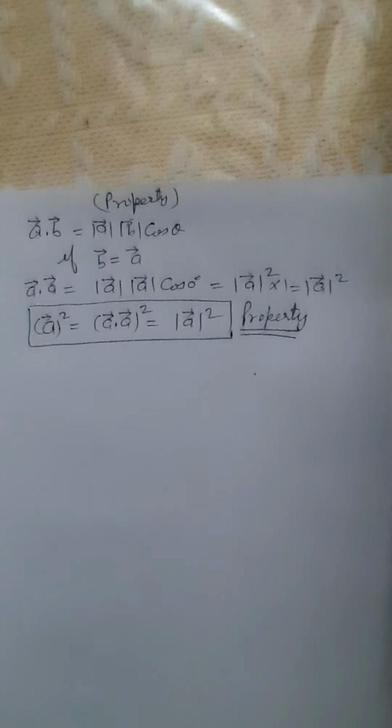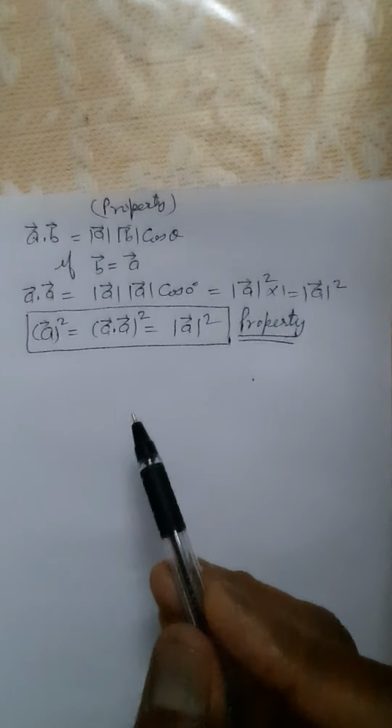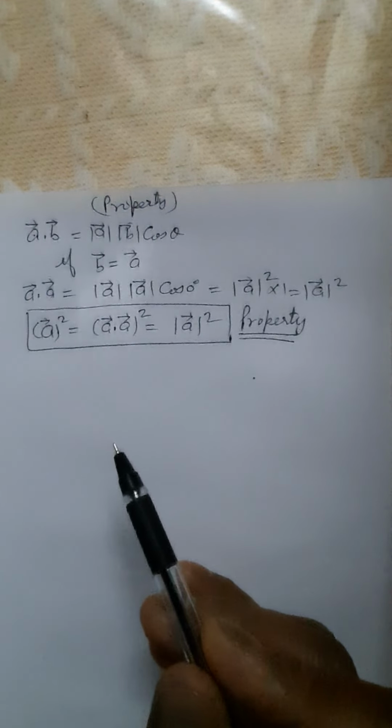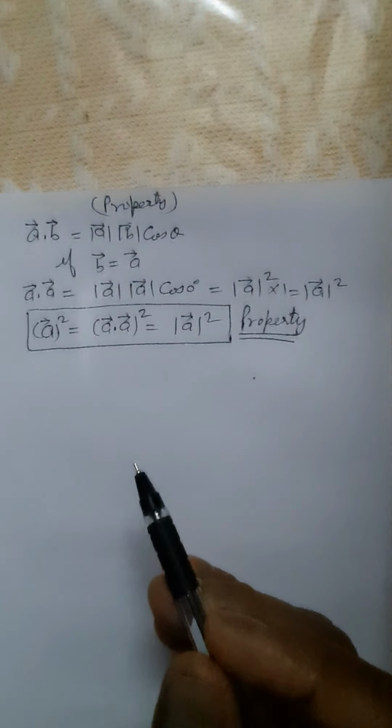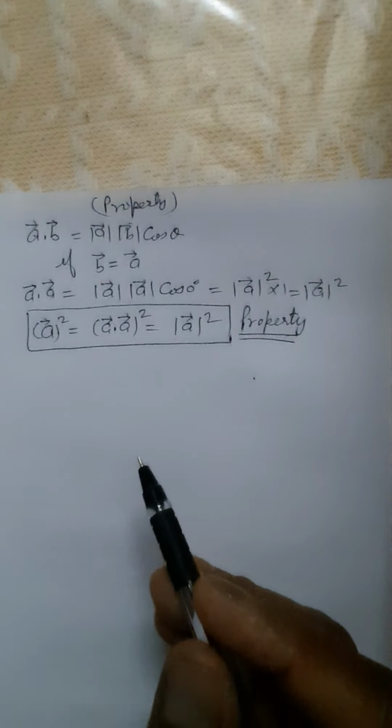हेलो, आज मैं डॉट प्रोडक्ट में वेक्टर का एक टॉपिक डॉट प्रोडक्ट, जिसकी एक खास प्रॉपर्टी के बारे में बता रहा हूँ। इसमें क्या है, A dot B is equal to magnitude of A, magnitude of B, angle between them cos theta. ये तो फॉर्मूला है। If vector B is equal to vector A, then what will happen, A dot A, दोनों क्या हो जाएंगे, A dot A magnitude of A, angle between them will be 0 degree now,